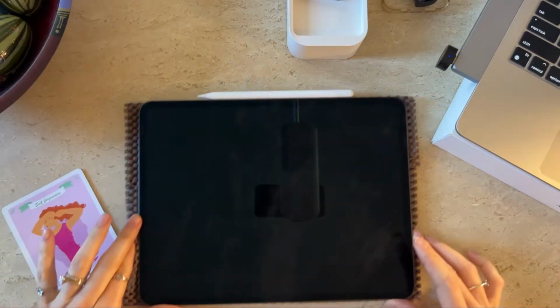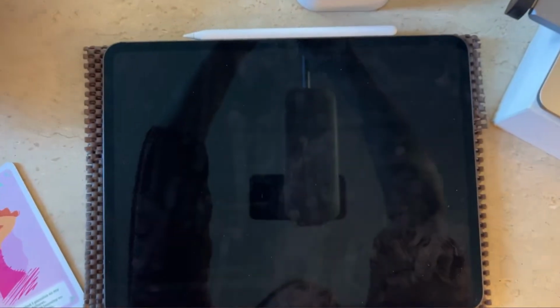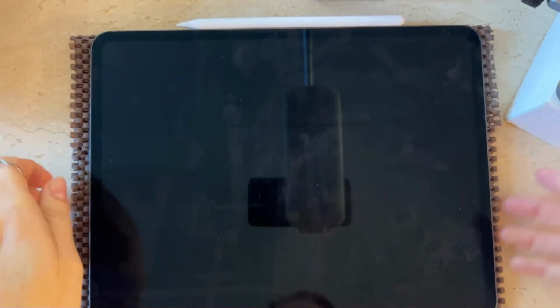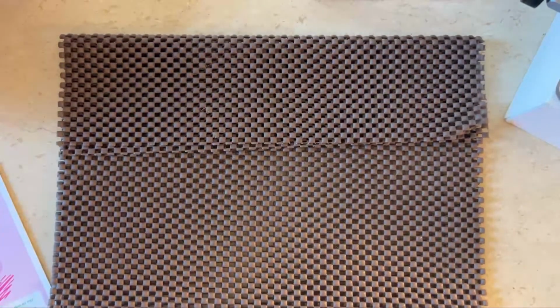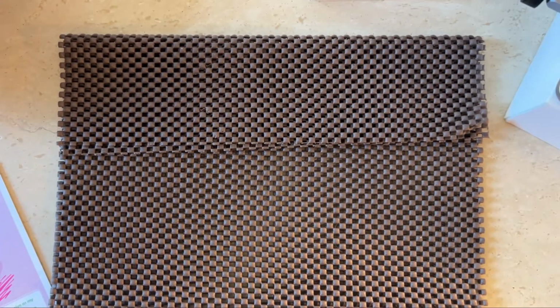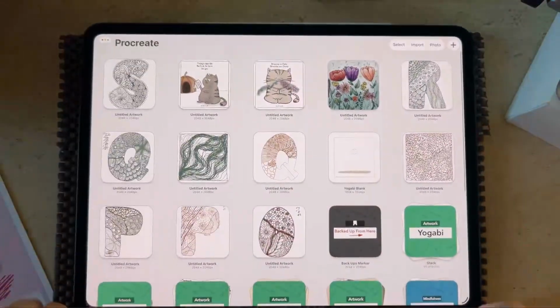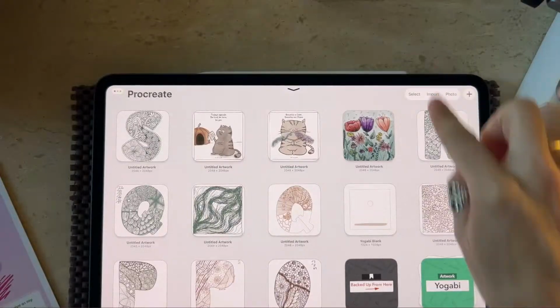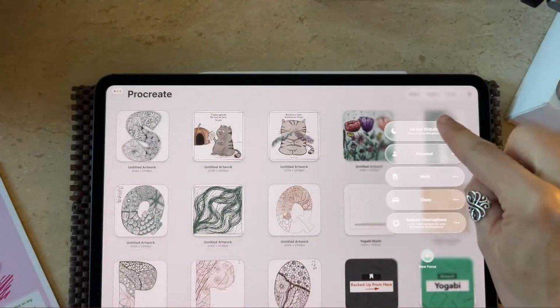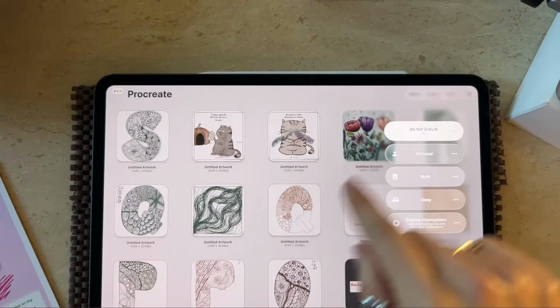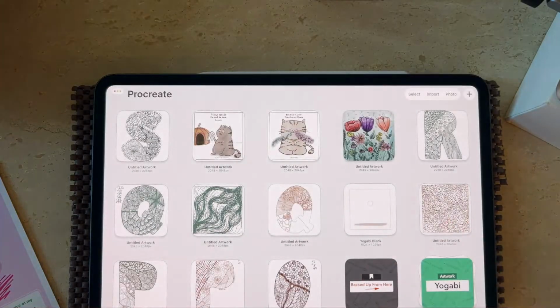Okay, I'm going to bring that in closer still. You can see my dirty screen. Let me just give that a wipe while we get going. And here we go. I also just put my notifications off, so I would encourage you to do the same. Put on Do Not Disturb.